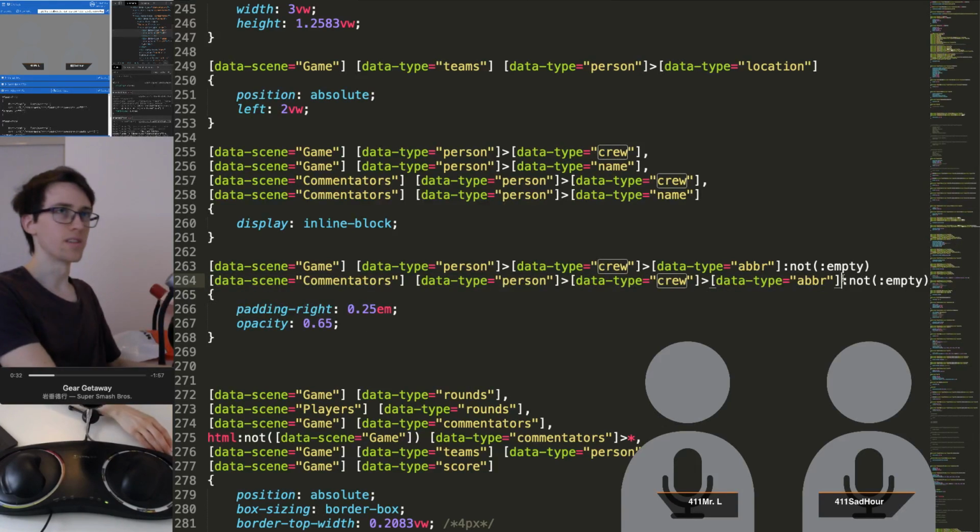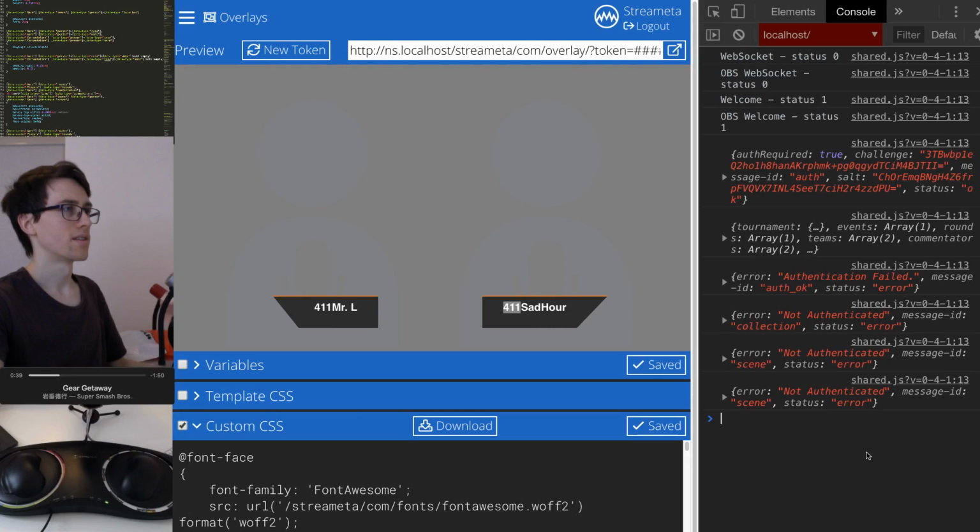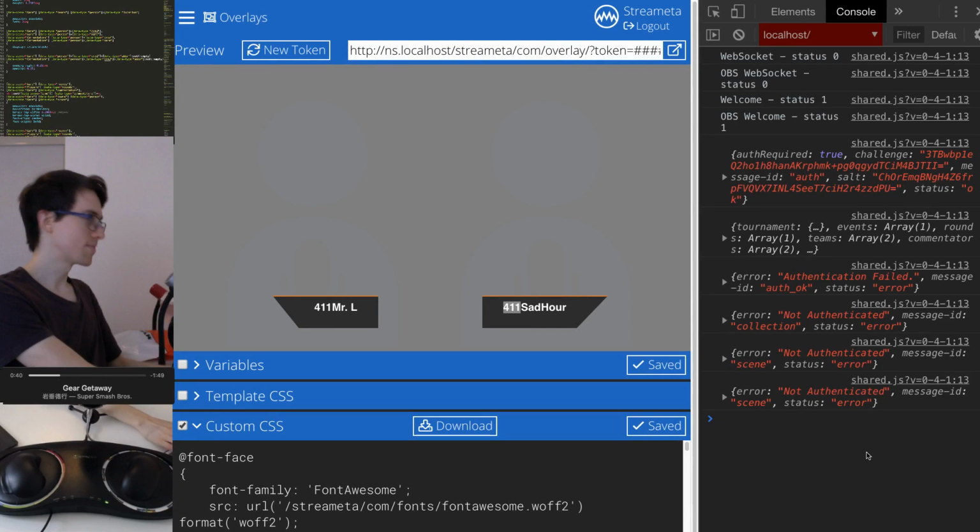What happens if I remove the not empty part? That shouldn't matter. Let's find